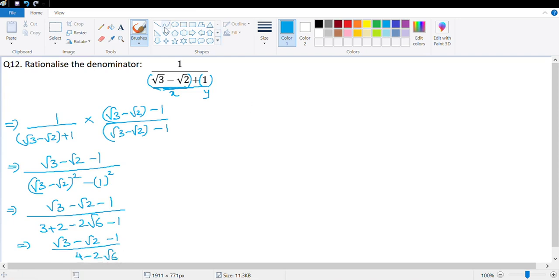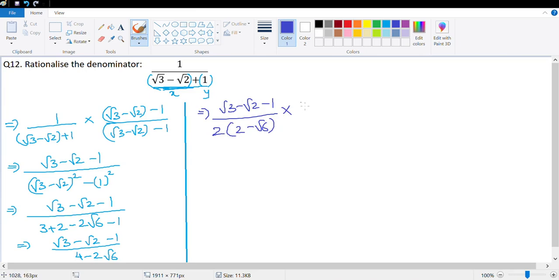Anything common between these two elements in the denominator? Yes, I noticed that 2 is common, so I can write this as root 3 minus root 2 minus 1 upon 2 times 2 minus root 6. Now we need to rationalize it the second time, which means let's multiply it with 2 plus root 6 and divide it by 2 plus root 6. This is x now, this is y, so this is x minus y, which means I'm rationalizing this with x